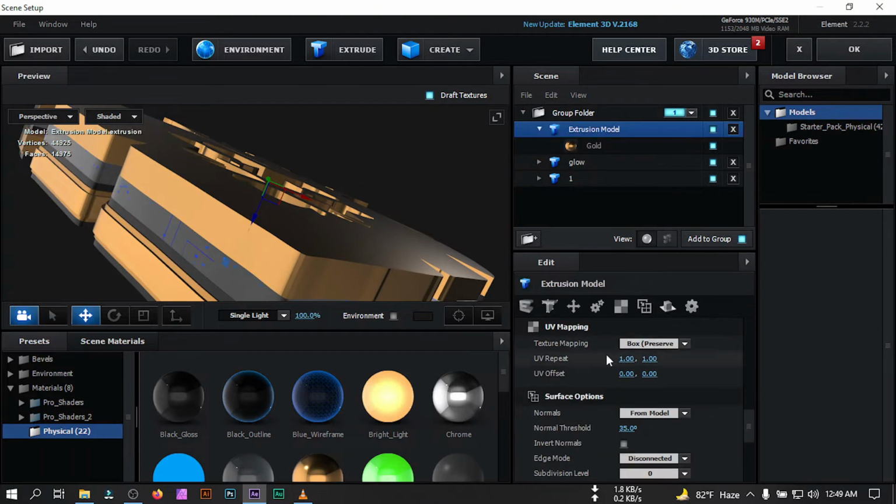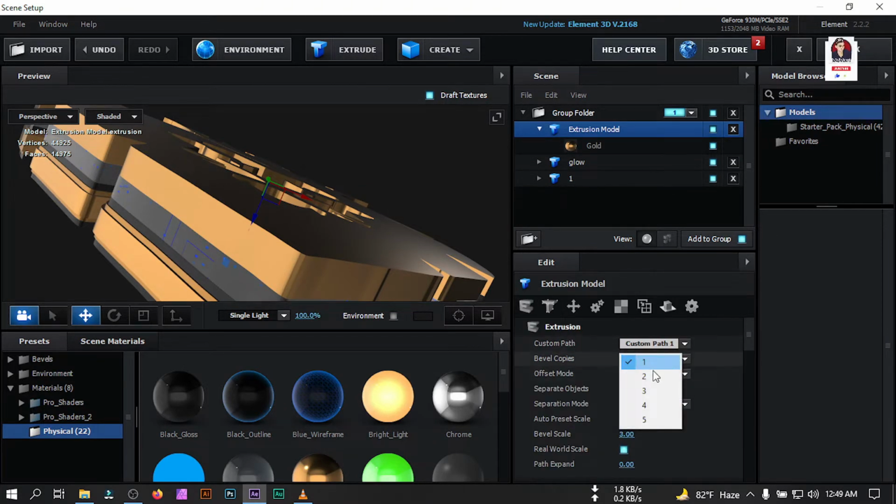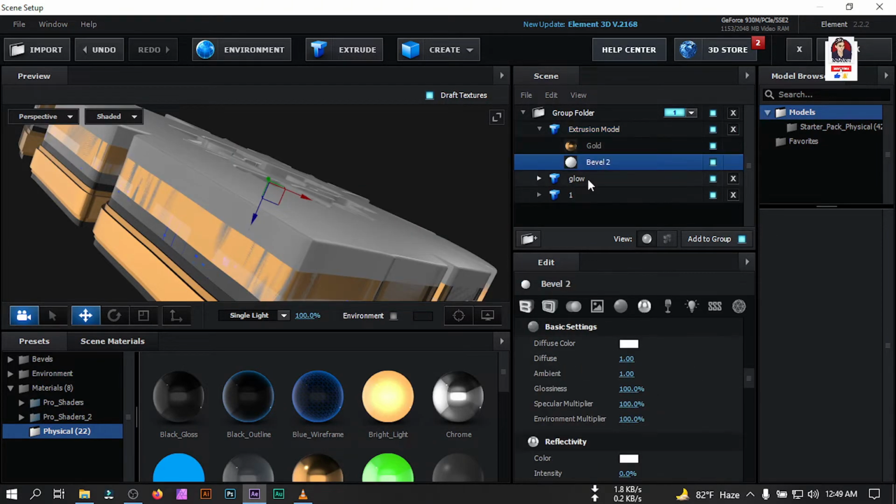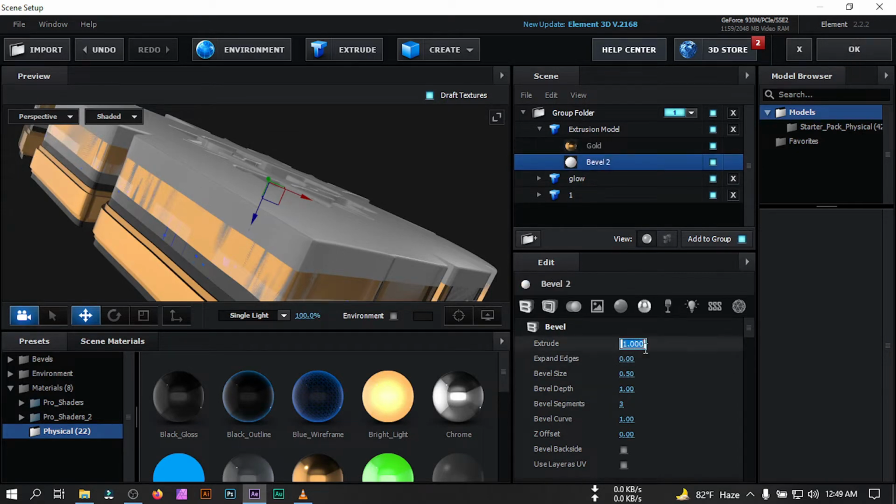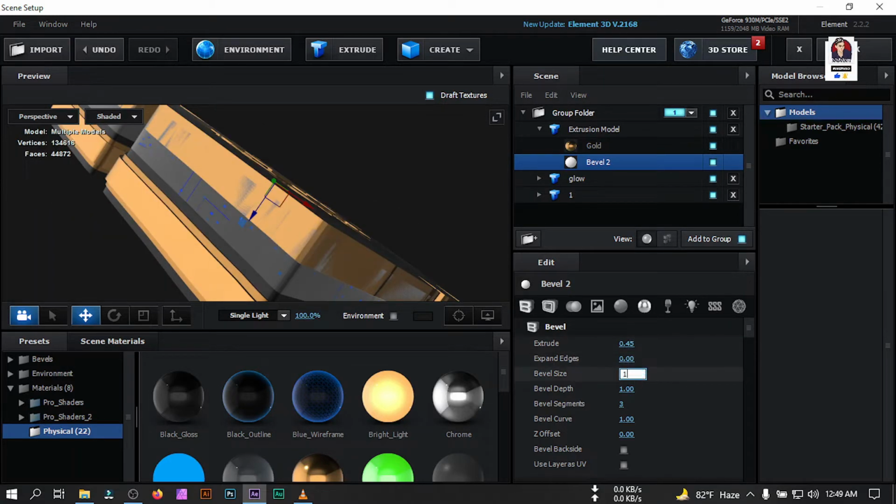Now select this, make bevel copy 2, select this, click here and make it 0.45 and bevel size to 1, bevel segment 0, bevel curve 0, and depth to 0.